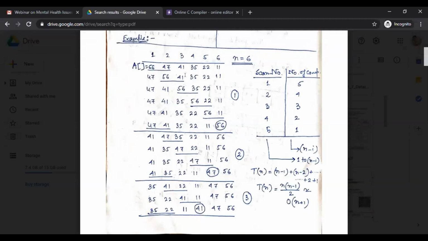The rest of the elements of your array remain unchanged. See, the 41, 35, 22 and 11 all are placed in the same position.